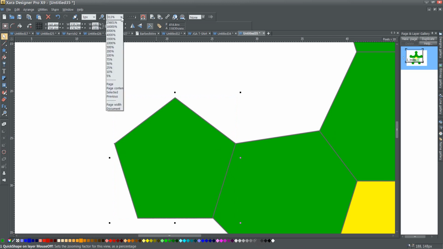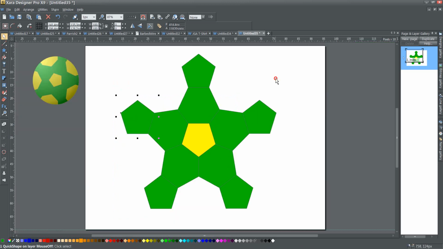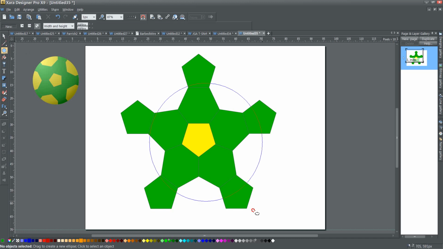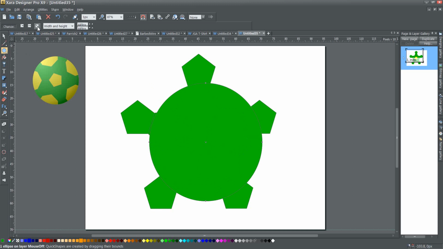Alright, now I'm going to zoom out to the page. And you now see the pattern that's taken shape here, and that's going to form the basis of my football, or soccer ball, whatever you like to call it. Now, the next thing I'm going to do is create a perfect circle by selecting the ellipse tool, holding down the control key, and dragging, making sure that I'm using